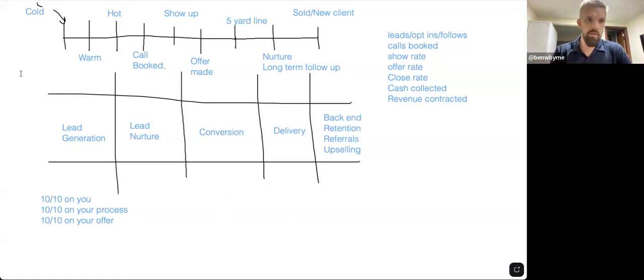So if you can get people that are coming to your call pre-qualified, predisposed to working with you, they like you, they know who you are, and they are pre-sold on your process, we're really checking off at least 2 of these 3, so that the only thing that's left to do is to get them sold on your offer, right? That makes your sales so much easier.